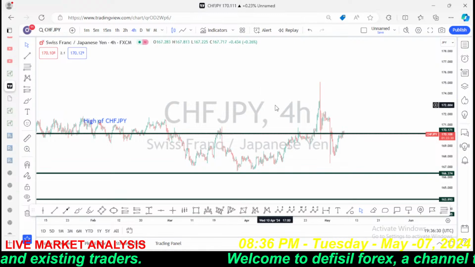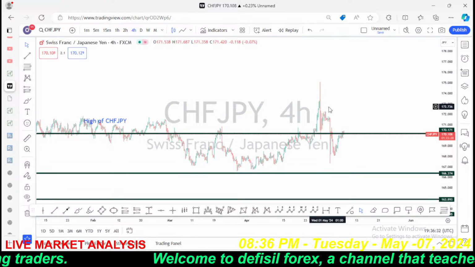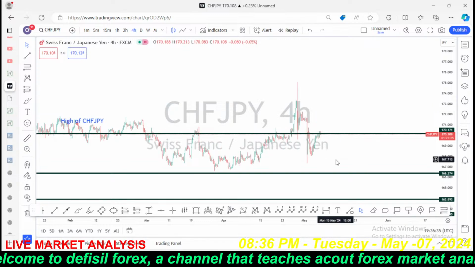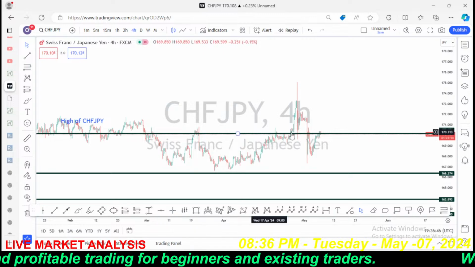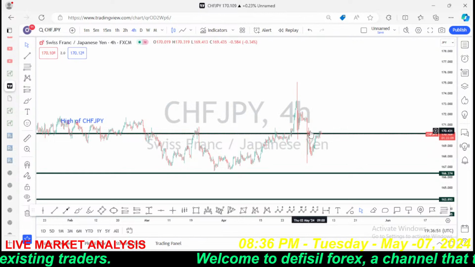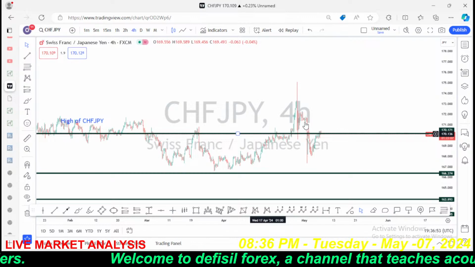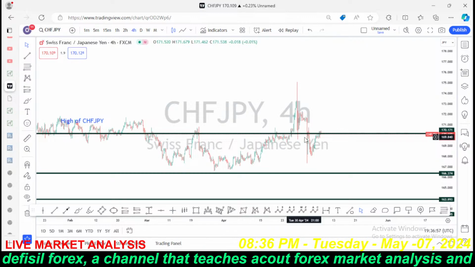So it's the same thing we have now on Chef JPY, but the opposite of it. For this pair to continue trading up, it must break these key levels that were previously formed here as resistance